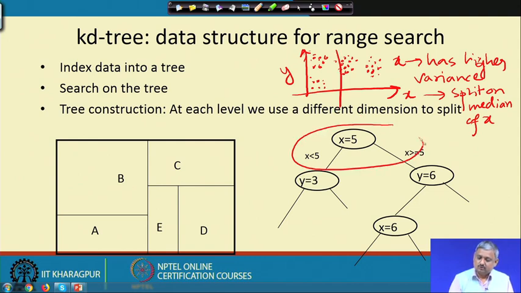I get the root. Then what I do for each of these halves, again I see: this half has more split in y than it has in x. So, what I would do is that